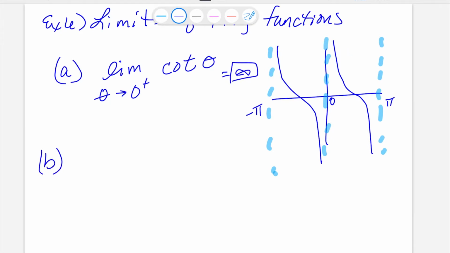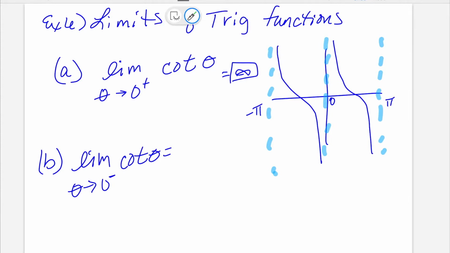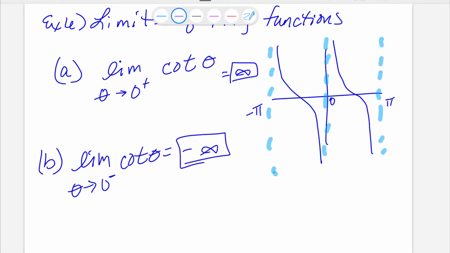If I have the limit as theta approaches 0 from the left of cotangent, I'm coming down through here, and I'm getting negative infinity. If you know what the graph looks like, go with it. Done. Right? If you can't remember what cotangent looks like, but you know your reciprocal identities,